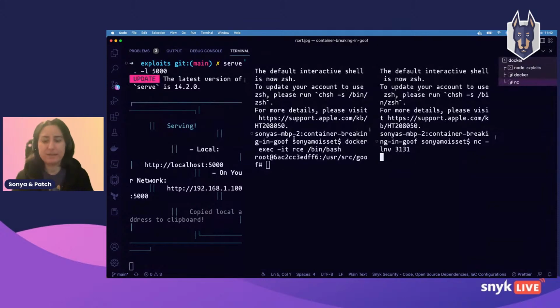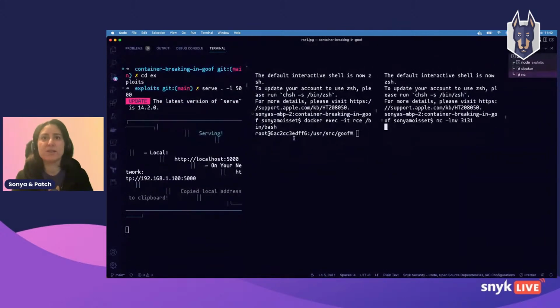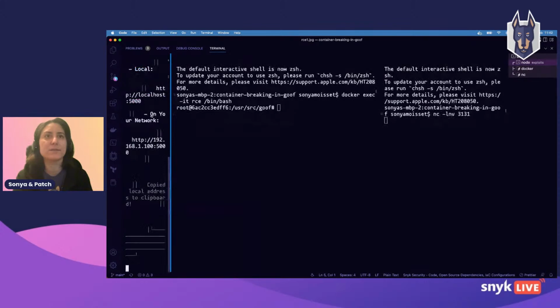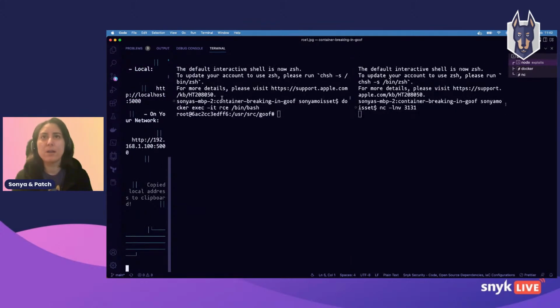I've set up the scene before this presentation, so you don't see me setting this up. I've actually served a local static server to serve the netcat package here. I'm just going to minimize this screen because we don't need it. The most important ones are these two. This second screen is the connection to the Docker container.